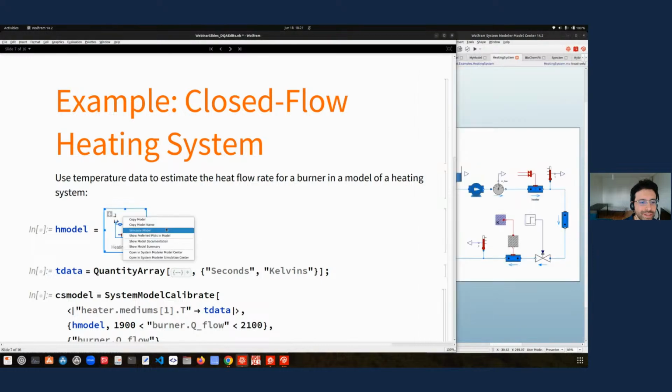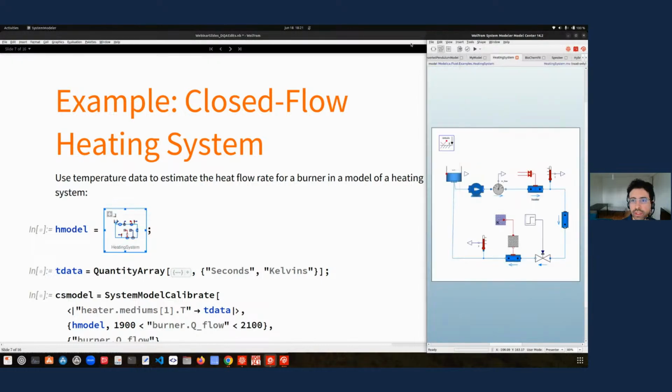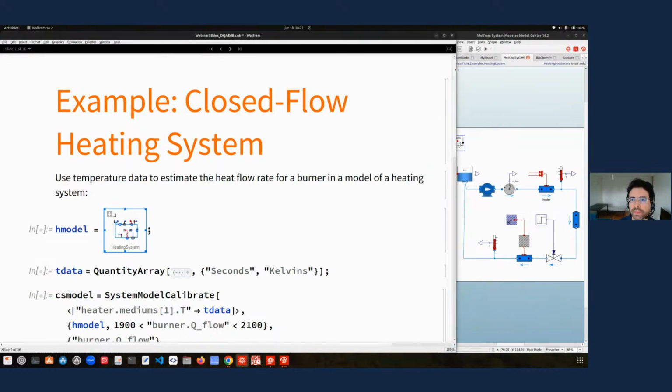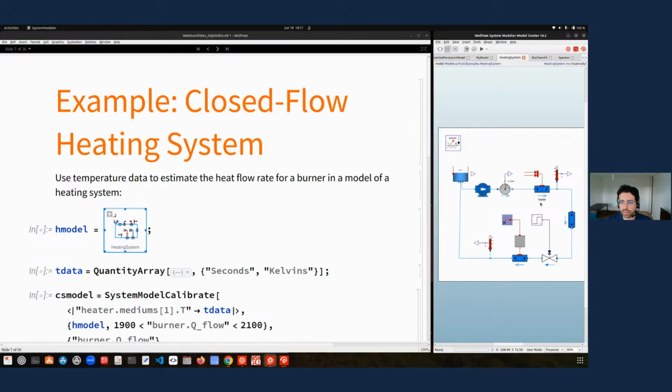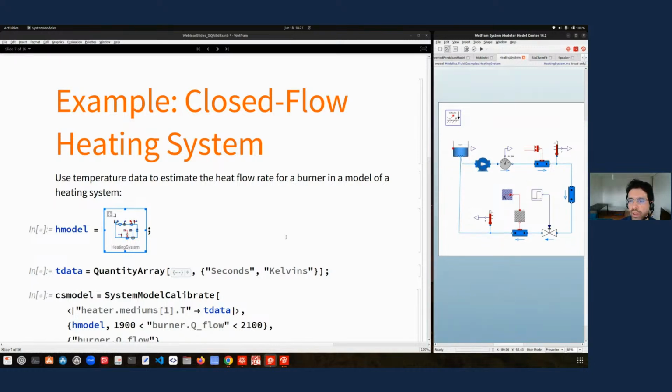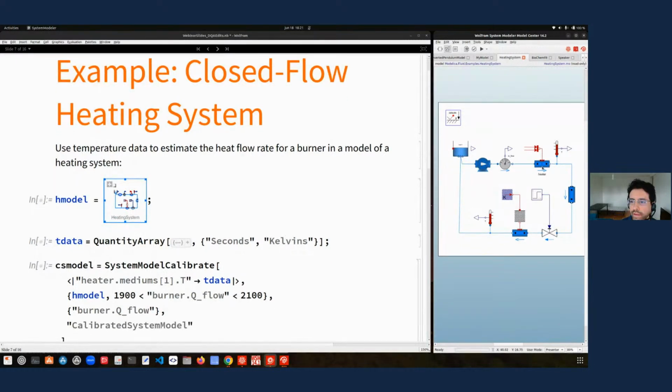So let's start with the system that I have here. This is a heating system. It uses components from the fluid mechanics and the thermal physics library. What I have here is data for the temperature of one of the components, in this case, the heater. And I want to use